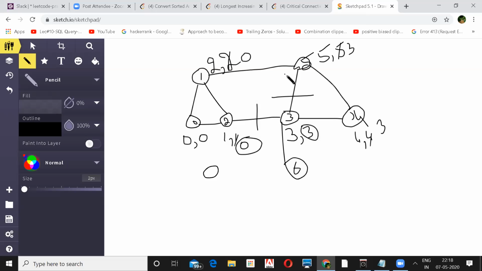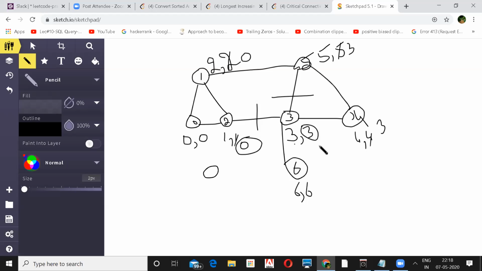This top one is connected, right? Yeah, then this 6 will have discovery time 6, so the low link value will also be 6. But if you backtrack from 6, because you don't have anything else, the value will be different here, because this will be 6 and this will be your 3. When you backtrack from here, the low link value will be different.